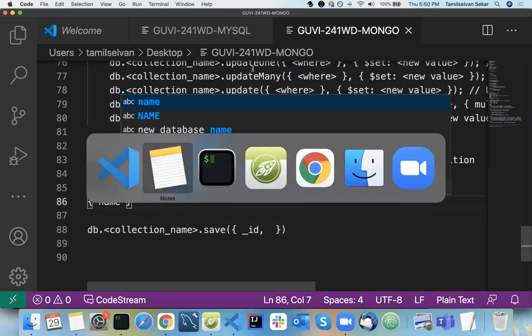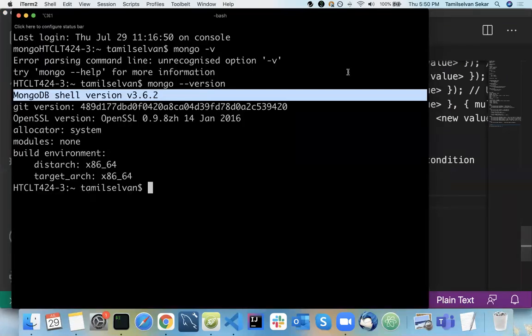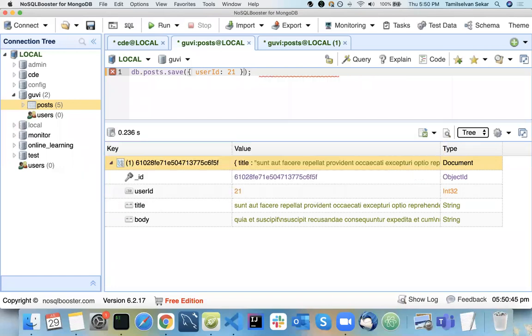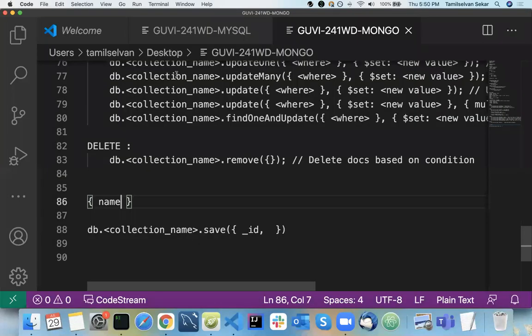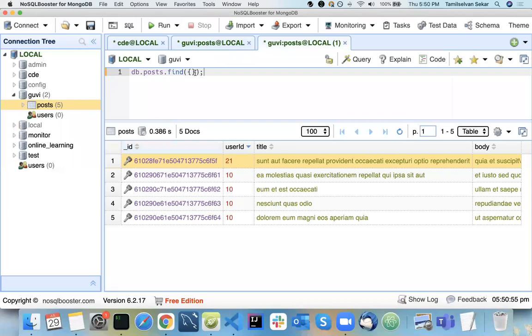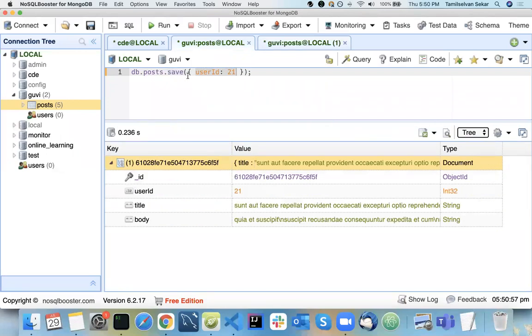See here, you will use save. I will cover it today itself. If you mention an ID inside your object, something like iPhone ID, it will work as your update. Suppose if you don't mention it, it will insert the record.